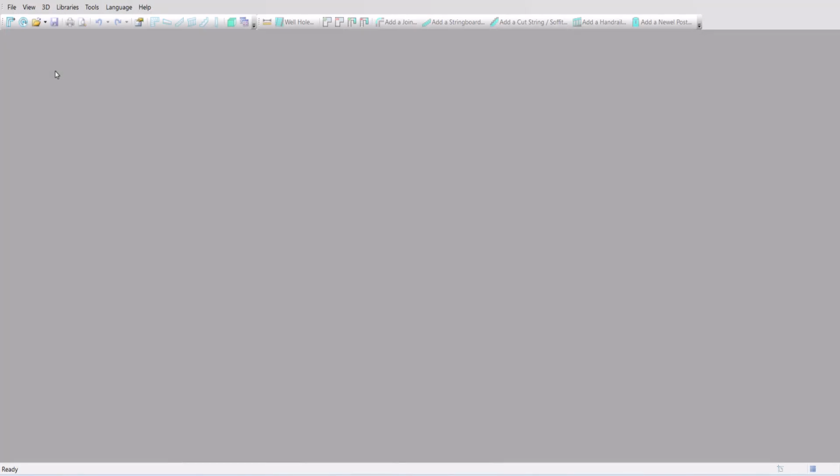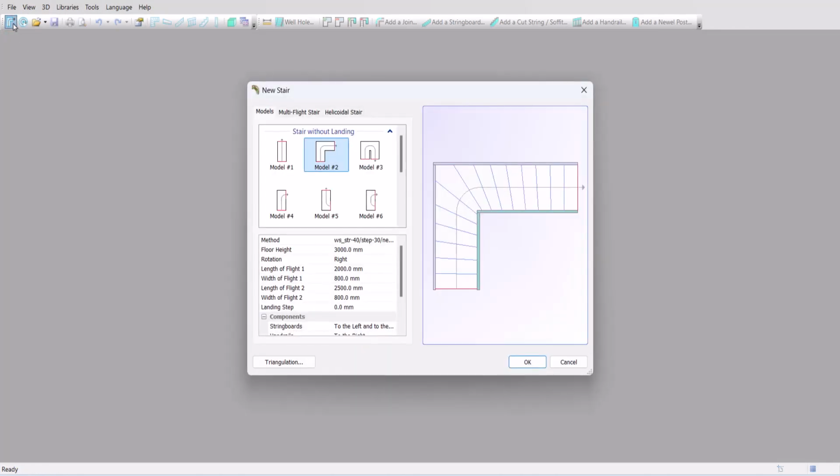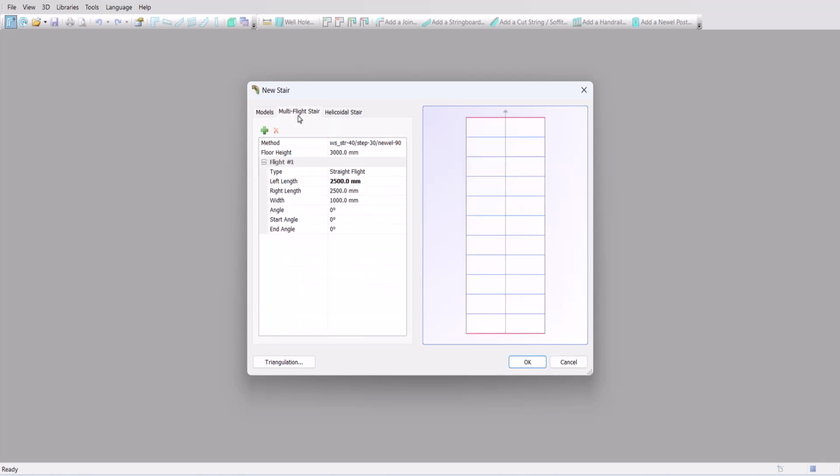Back now in StairDesigner, we click on the New Stair icon. A pop-up window opens. We can start from a predefined model, but in this case we will use the Multi-Flight Stair tab to create our stair. First we'll choose the manufacturing method shown here. These methods are pre-configured collections of construction preferences. They contain parameters such as the type of materials used and component presets such as thickness, exact positioning, and the